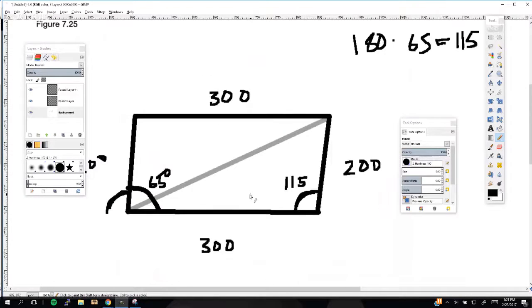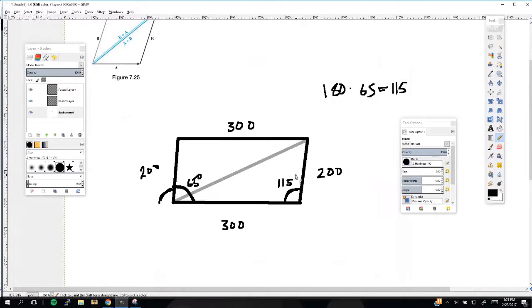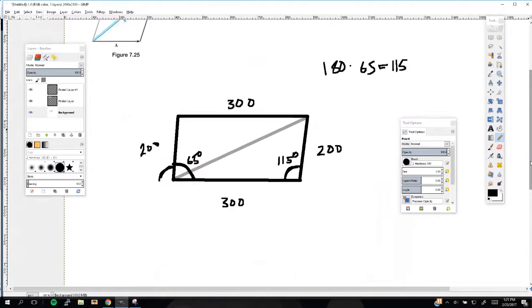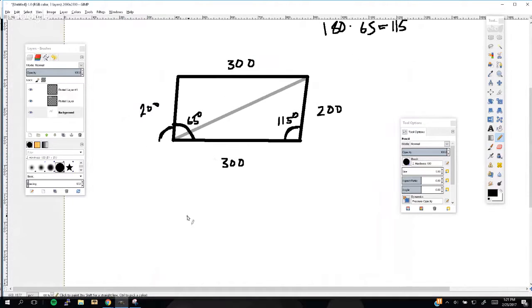Okay, and then because we have two sides and an angle, we use the side-angle-side. So that would be 200 squared plus,